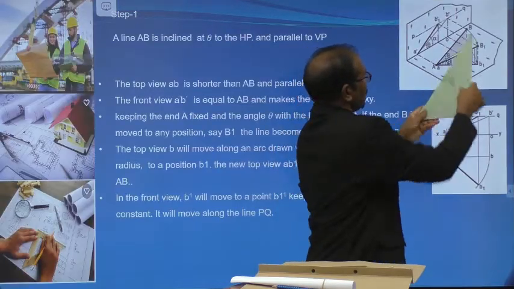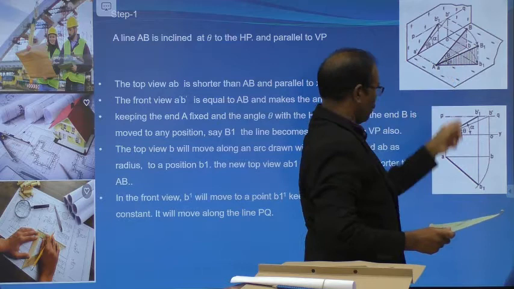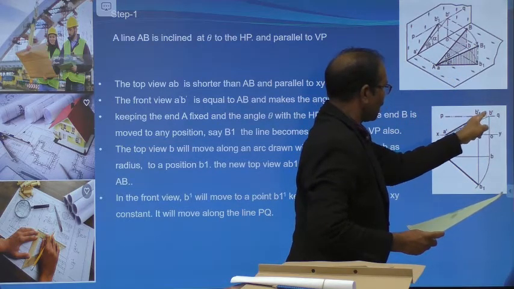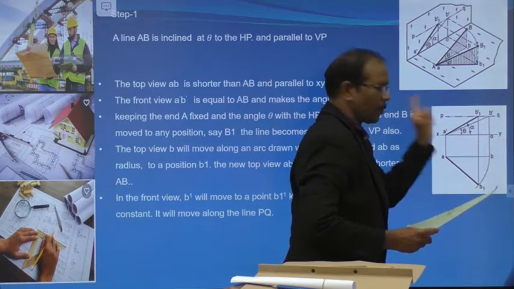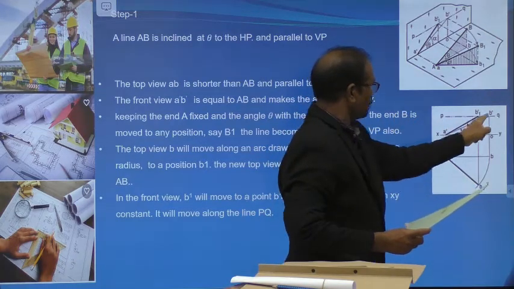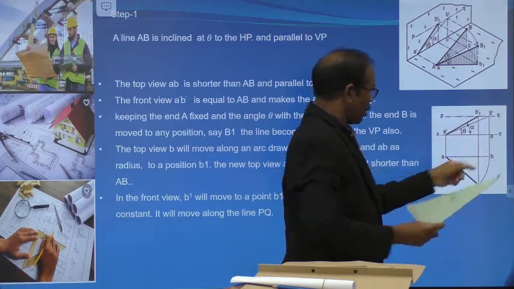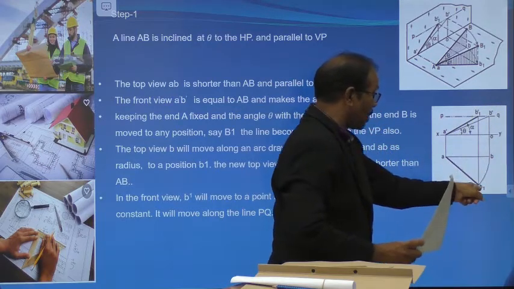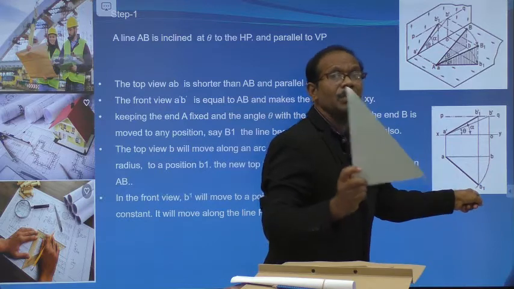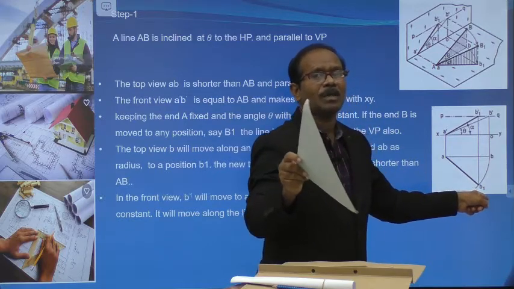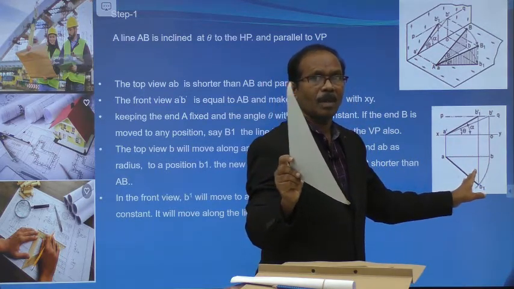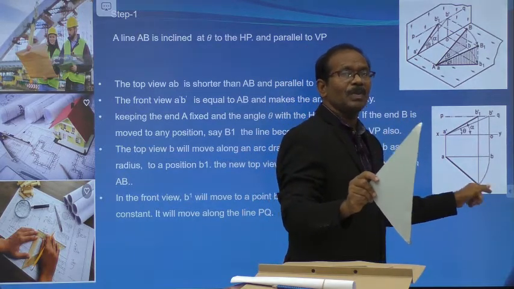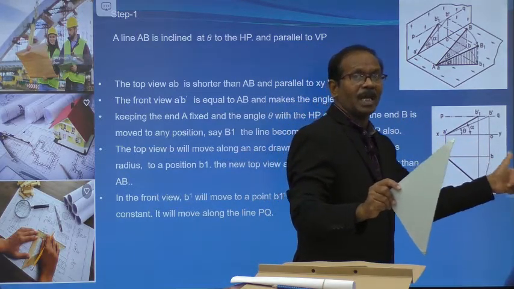Right. So that means the previous top view. Let's come to this projection. Now A dash B dash is the front view. AB is the top view. While changing this orientation, AB1 is the new top view when a line is inclined to both the planes. How is AB1 achieved? With the previous value AB.